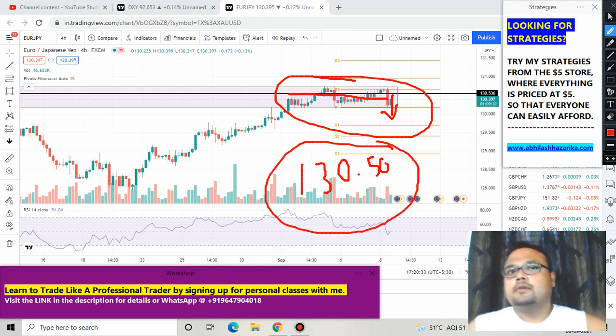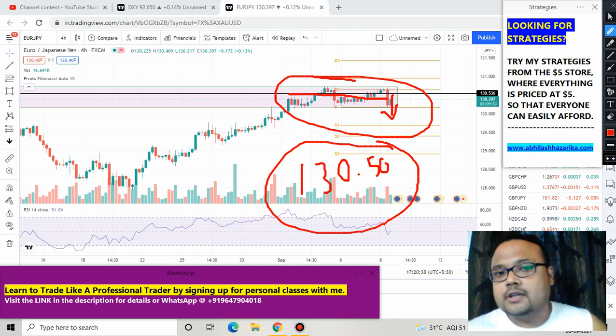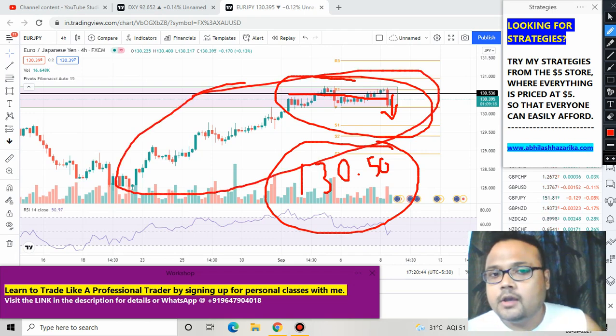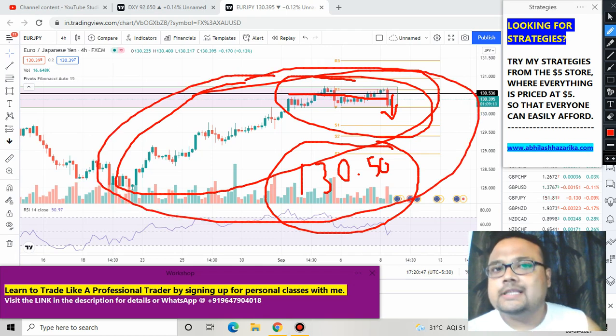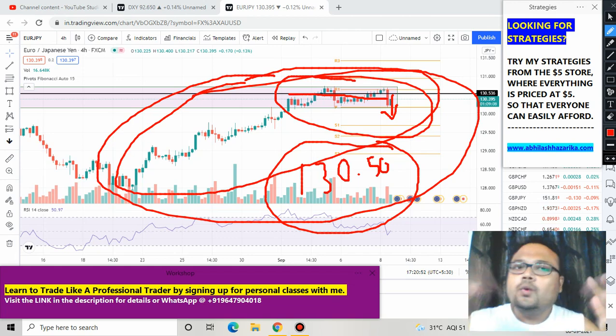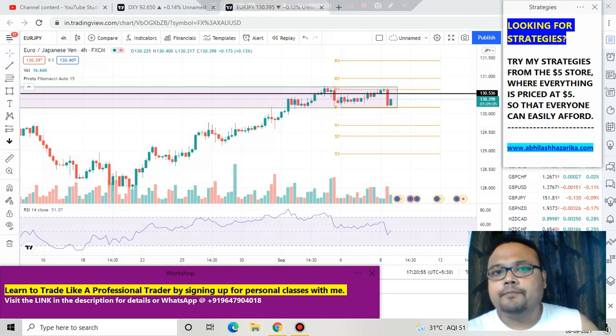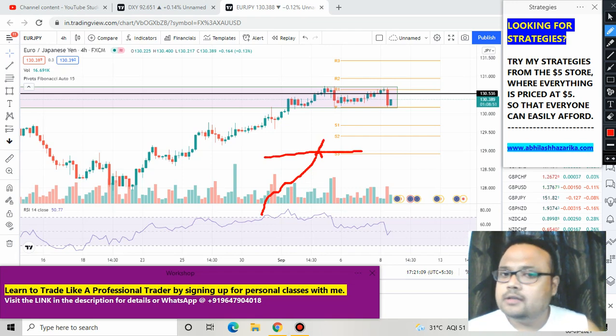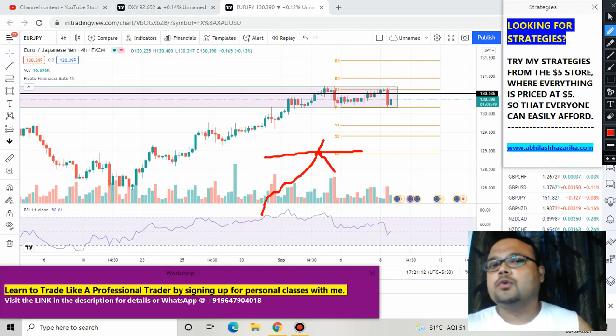But buyers are also present in the market, and they are not ready to surrender, because overall this market was in an uptrend. But when they reach the sellers' zone, the sellers' territory, they are still giving a tough fight. Generally what happens is that whenever the market goes up and reaches a resistance, in normal circumstances, if the buyers fail to take the price upward, they usually surrender, the sellers win the game, and the market usually goes down. But here